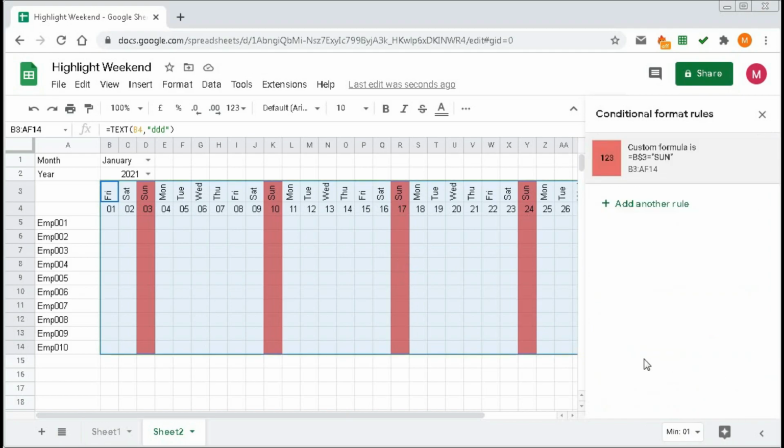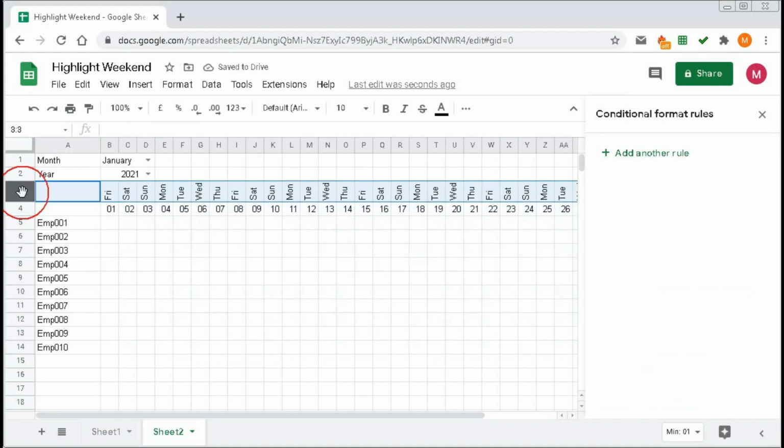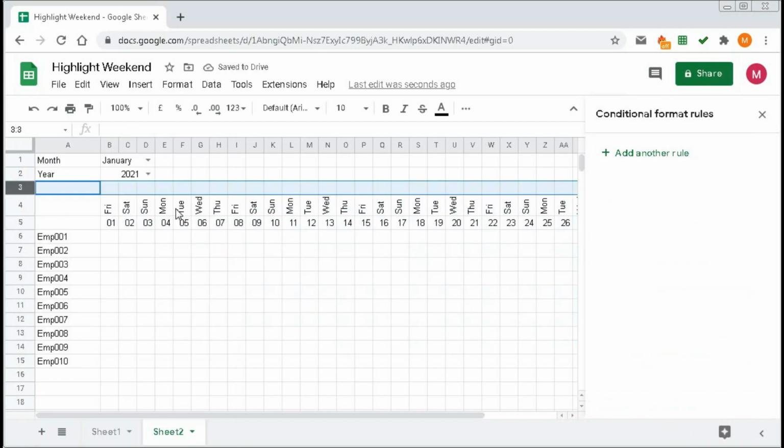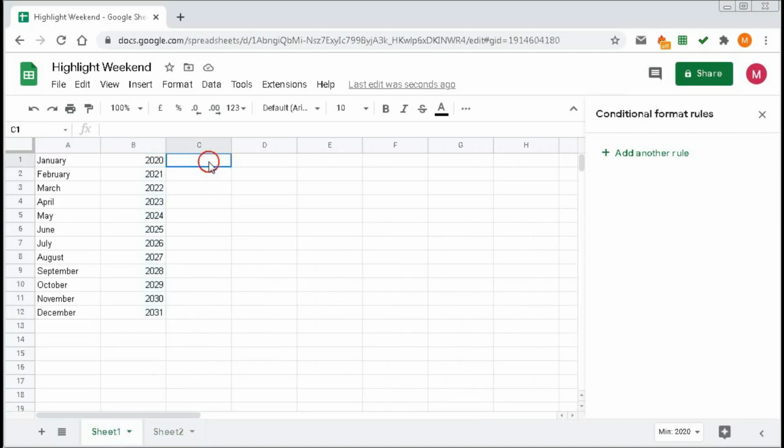But if you have a dynamic weekend, suppose it will change to Friday and Sunday, maybe Saturday and Sunday, then you have to do it in a different way. First delete this, then take a new row above this row, and in Sheet1 type here the weekend names. Suppose we type here Saturday and Sunday, and we will create a dynamic range for this. Maybe you have one weekend day, maybe two. So for that we have to create a dynamic range.